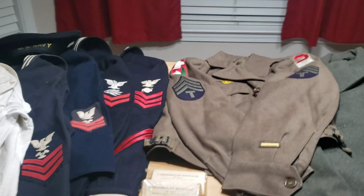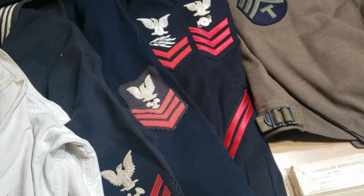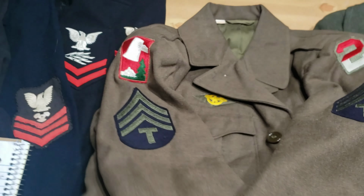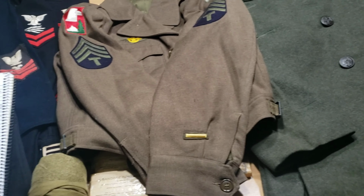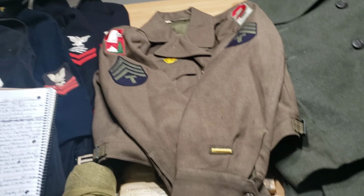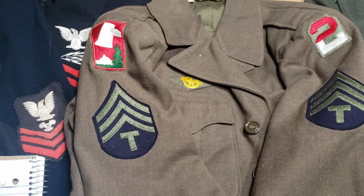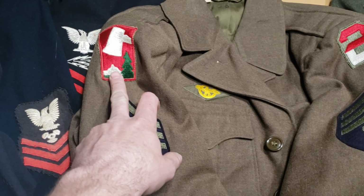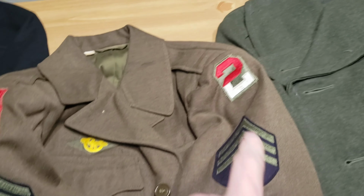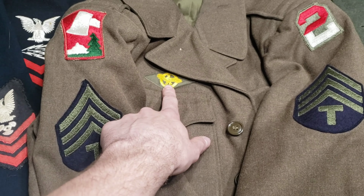I'm going to have to move some stuff around here so I can make room on the table. All right, so we'll start right here in the middle. The same man that I got pretty much everything on the table from, except for the helmet and maybe one other thing I can't remember. But anyways, really nice World War II Ike jacket here. So you've got the 70th Infantry Division, the Trailblazers, 2nd Army, which is really cool, sergeant stripes, Ruptured Duck for honorable discharge,